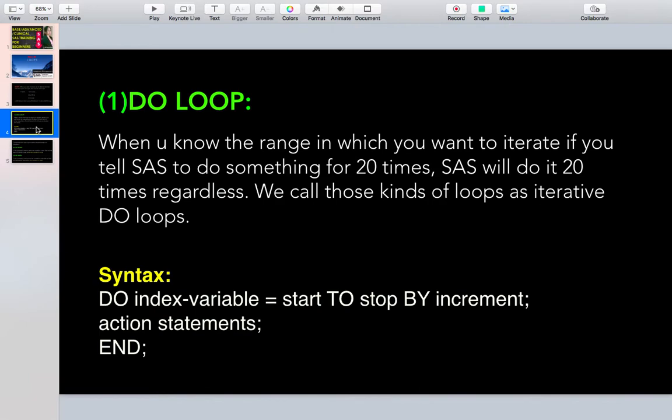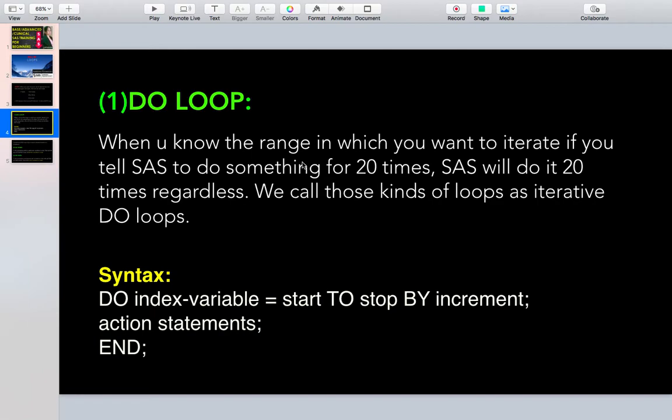To run the same program statement or the same formula for multiple number of times, we can make use of this do loop. For example, when you know the range in which you want to iterate, if you tell SAS to do something 20 times, SAS will do it 20 times regardless.